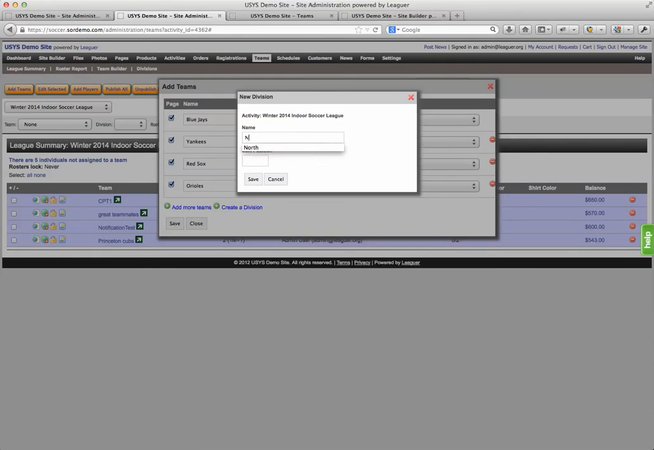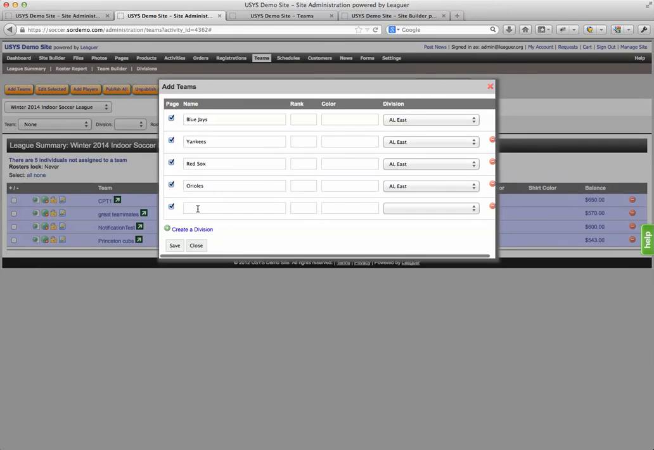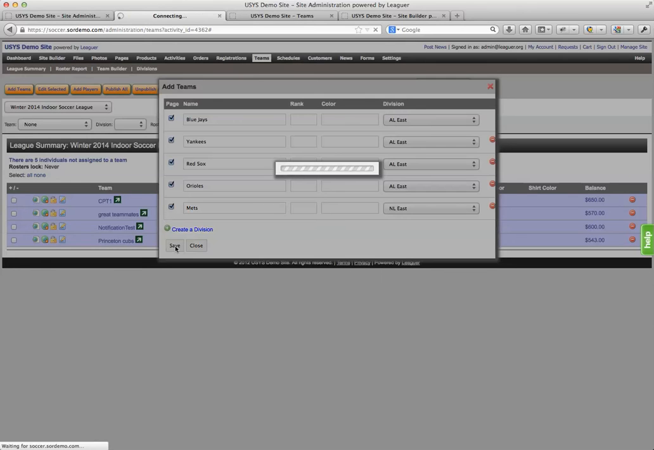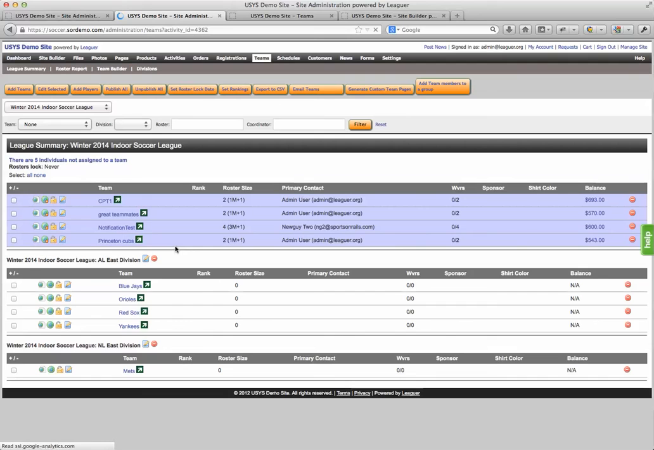For division, you can say NL East. Right there, doesn't change that, but I can add a team and call this Mets into the NL East there. Now when I save this, now I have two divisions created in here with all the teams, and you'll see that all the pages are published, whatnot. If I want to move teams into a division, I can just click on these, and then I have an edit selected,